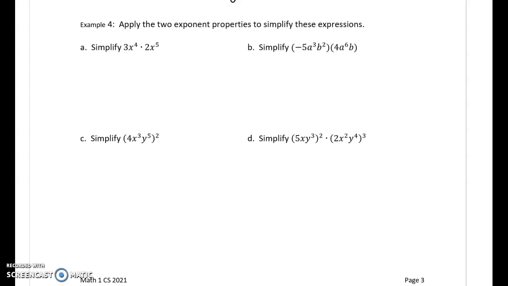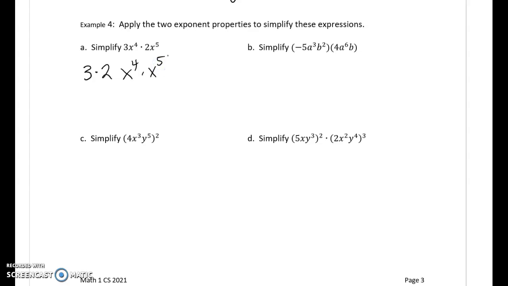I'm going to do a little rearranging, right? I'm going to use that commutative property of multiplication that says I can rearrange. Okay? And you might want to consider doing this now, until you get the hang of it. So I'm going to put this coefficient of 3 and this coefficient of 2, I'm going to multiply those together. I'm going to take this x to the 4th and this x to the 5th, and I'm going to put